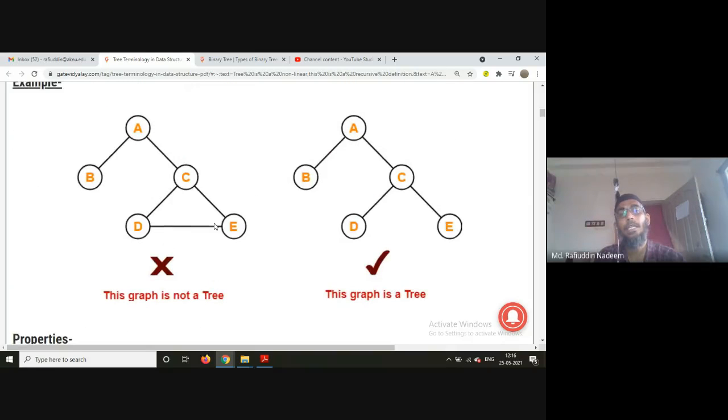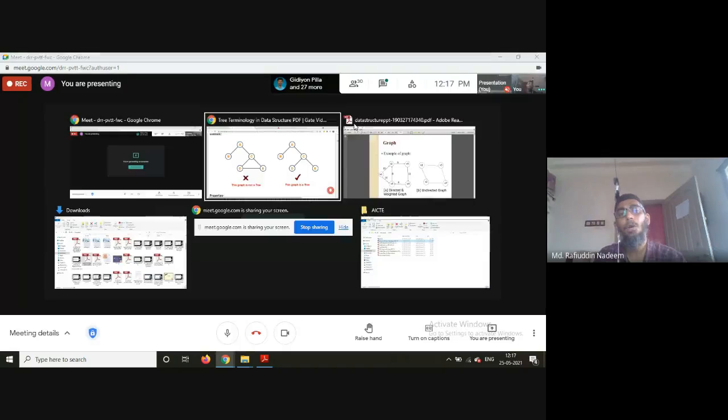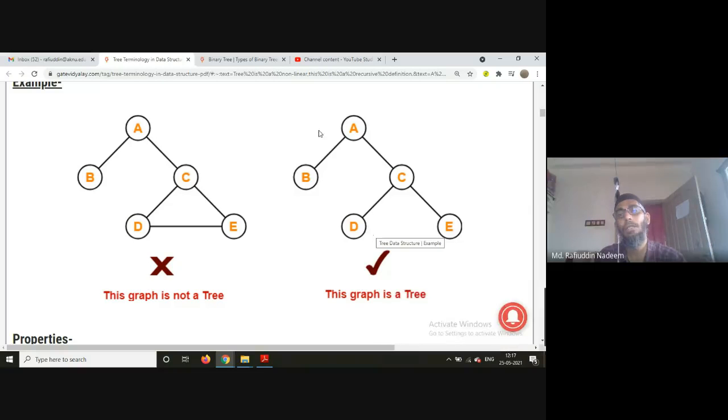What is an edge here? A connection between two nodes is called an edge. So here A, B, C, D, E are nodes, and a connection between any two nodes is called an edge. If there are n nodes here, we can have n minus 1 edges. For example, we have five nodes here, so we have only n minus 1, that is 4 edges: A to B is 1, A to C is 2, C to D is 3, and C